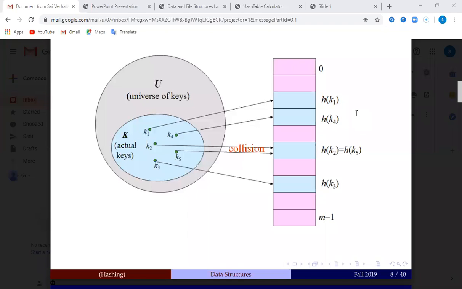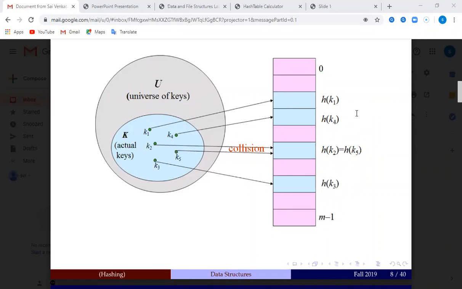So if we see h of k1, h of k4, h of k2, h of k3, the range is 0 to m minus 1. Whatever the maximum size of the hash table is, we call it m, or n.